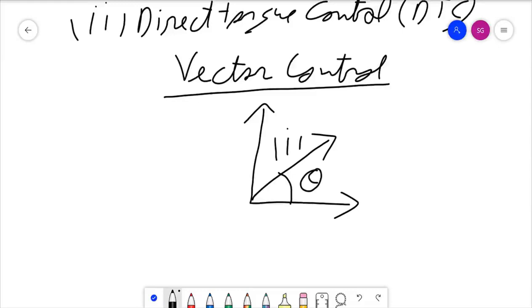So you need to control the magnitude as well as the angle. So it is a vector. This will become a vector. That's why it is called a vector control method, because you are controlling this vector as per the other vector, like the voltage vector. Let us say here it is a voltage vector, and we call it a space vector